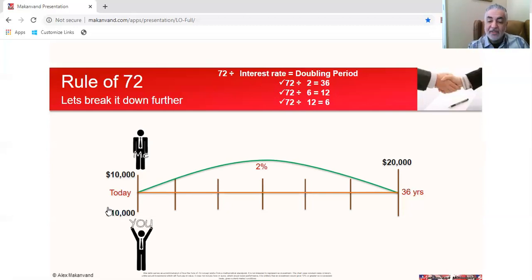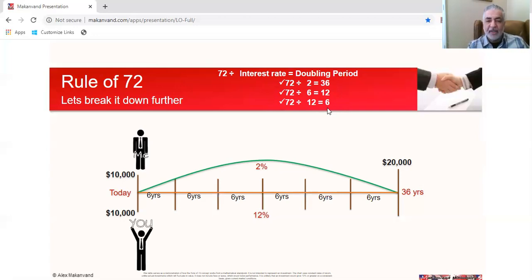Exactly. Now you, on the other hand, found somewhere where you're earning 12% on your money. How much money will you have at 12%, 36 years from now? Well, let's take a look. At 12%, according to the rule of 72, your doubling period is now 6 years. Every 6 years, your money's going to double. So the first thing I'm going to do is take that 36 years and break it up into 6 equal parts, which is 6 times 6 equals 36, right? So we're going to have 6 periods of 6 years, or 6 doubling periods in the same 36 years.